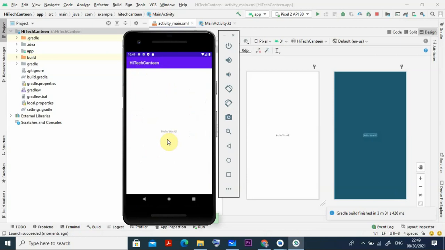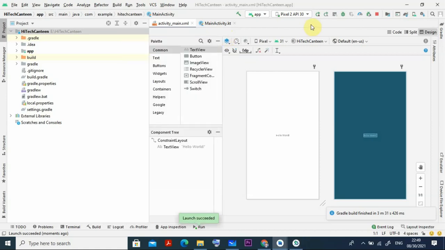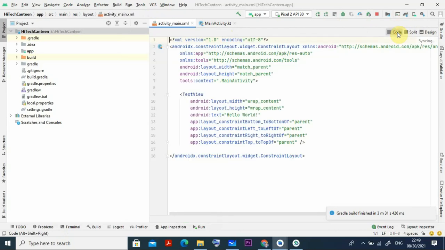I don't know how to increase this, but by increasing you can see clearly that our project name we have given is high tech canteen, and the first program ran successfully, hello world. Okay, so now I minimize all the things. Suppose instead of hello world I want to change the coding. So you go to the coding here. In this coding you can see activity_main.xml, which is what you will try to understand here.